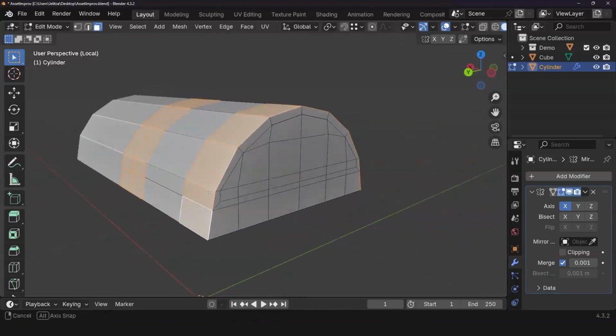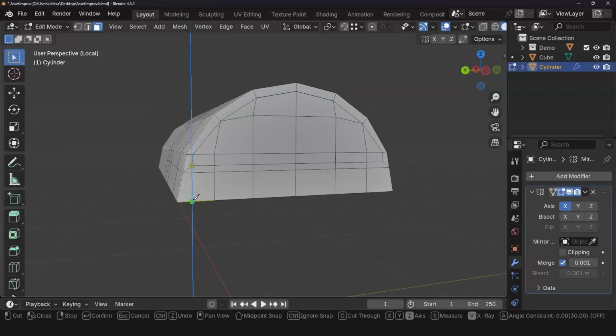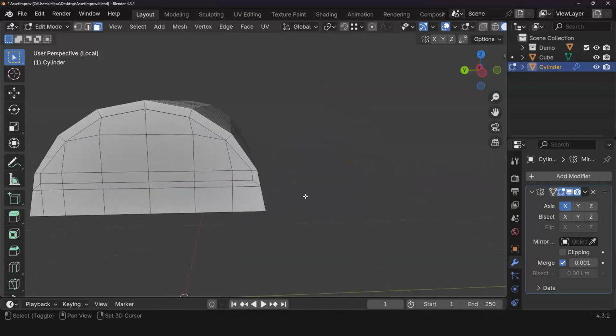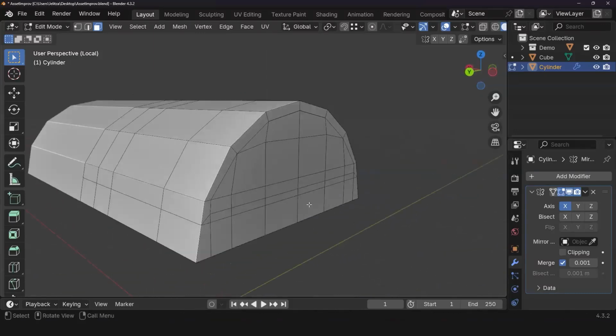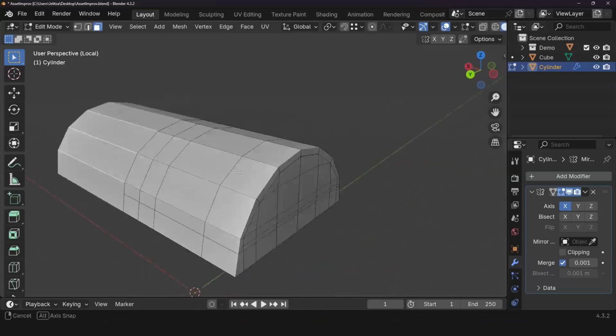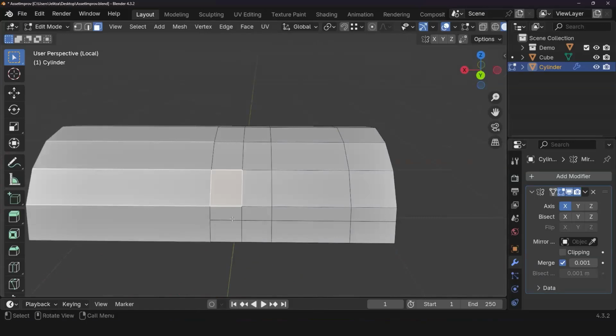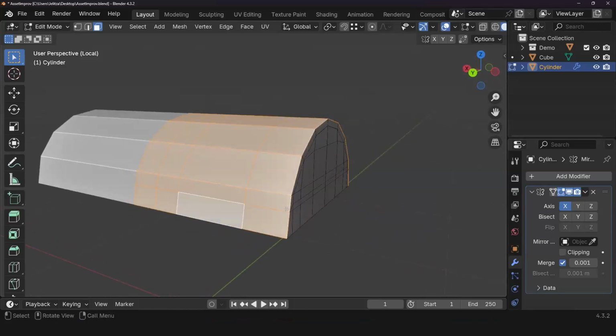Ugh. I know what my issues are. We need supporting geometry. All right, let's try that. Oh yeah. Okay, let's get back to that. There we go. Nope, just kidding. What the heck?